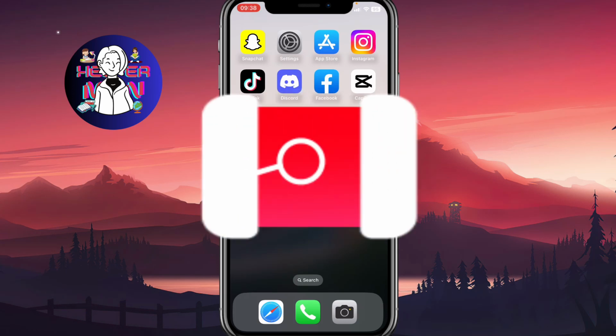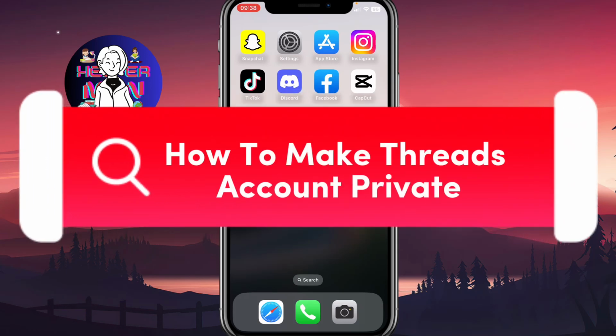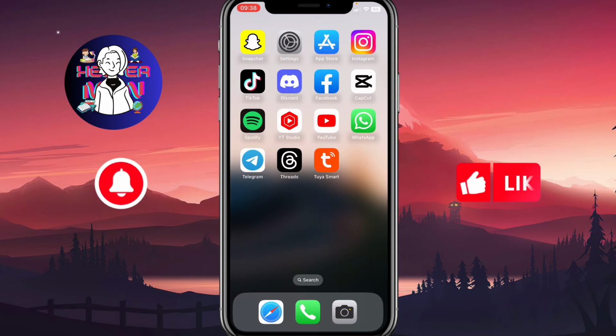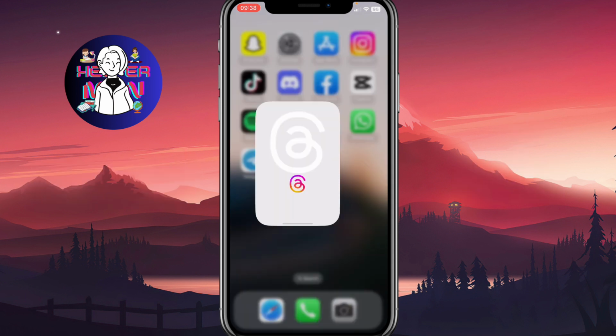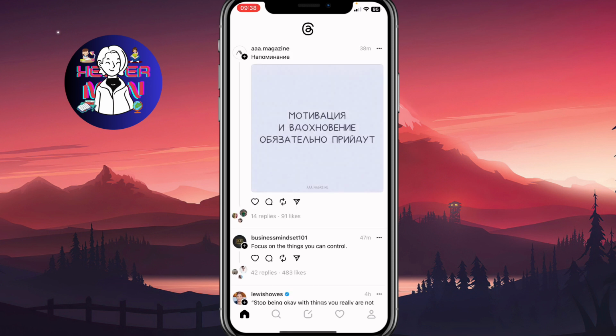I'll show you how to make a Threads account private. Make sure to watch this video to the very end so you won't make any mistakes. All we need to do is open our Threads app and then go to your profile in the